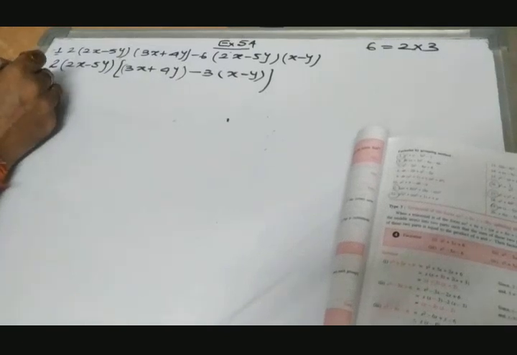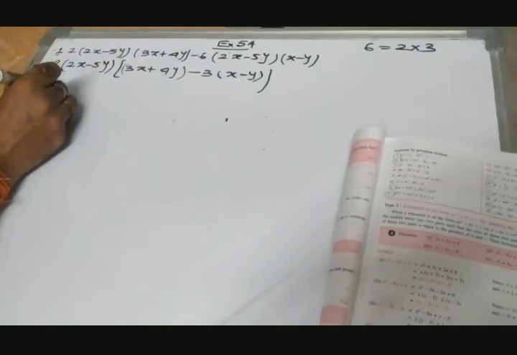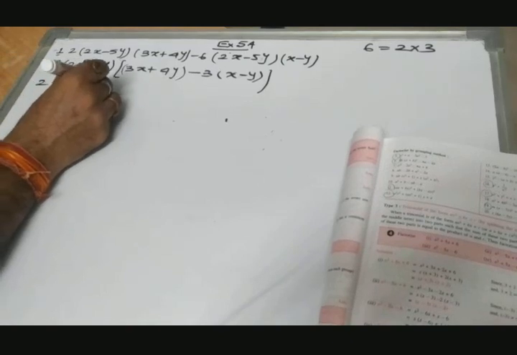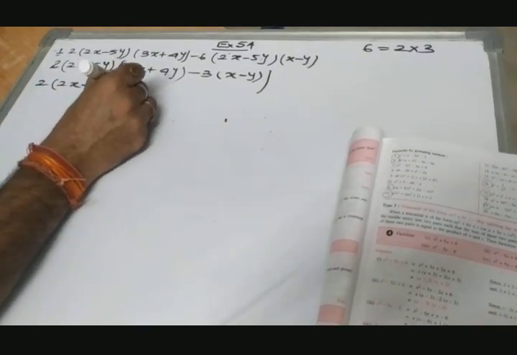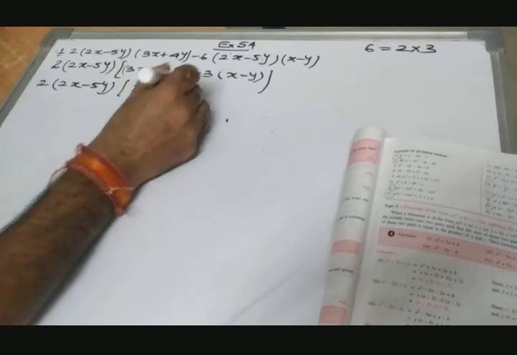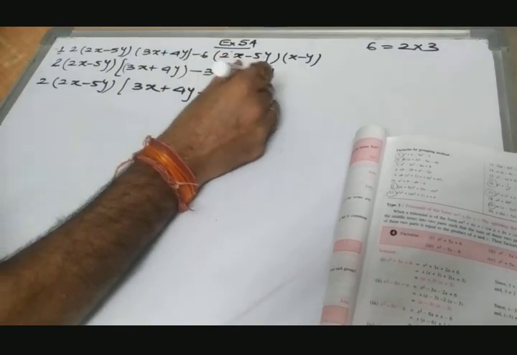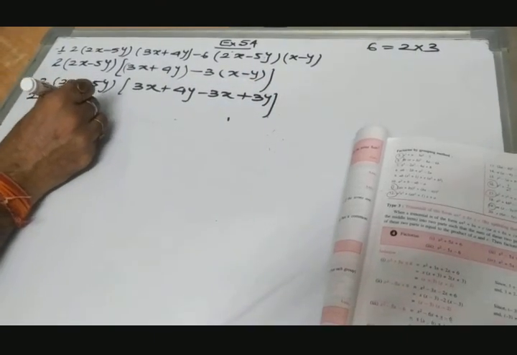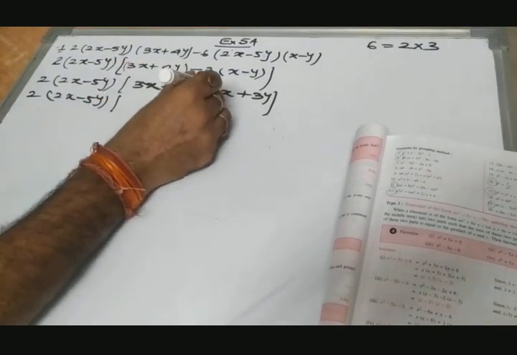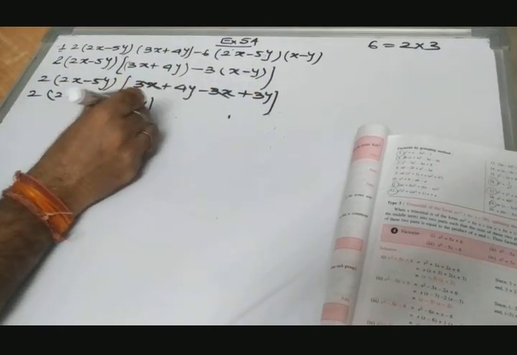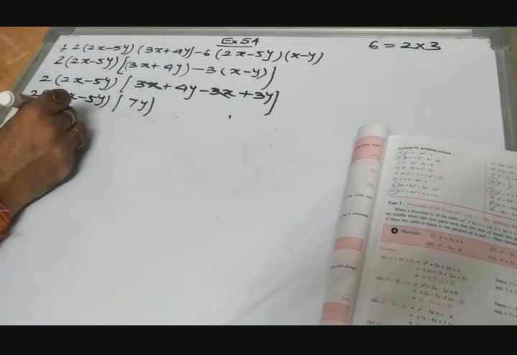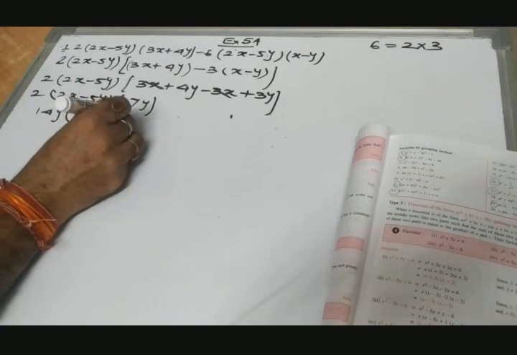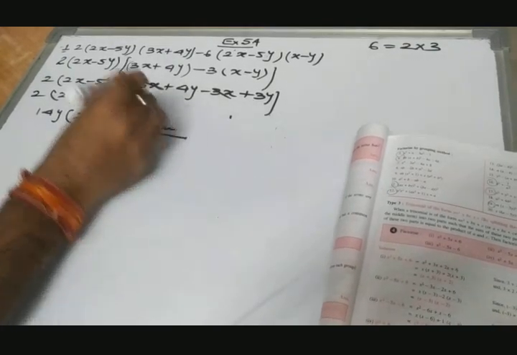Now we will open the bracket. First of all, we write the common factor as it is. Now we open the bracket. The answer will become 3x plus 4y minus 3 into x, minus 3x, minus minus plus 3y. 3x and 3x cancel, 4y and 3y make 7y, 7y and 7y make 14y, and 2x minus 5y. It will be the required answer. This conversion of expansion into the product form is known as factorization.